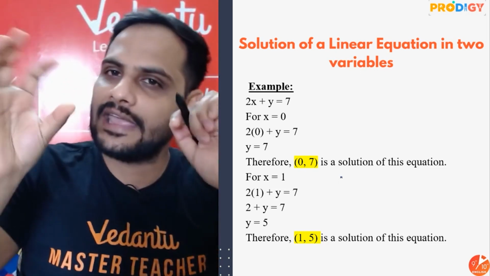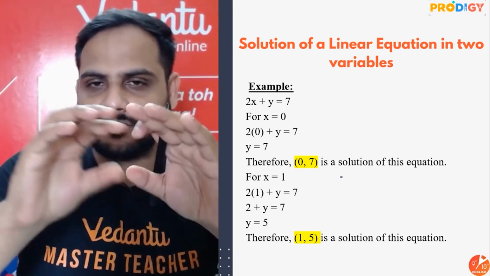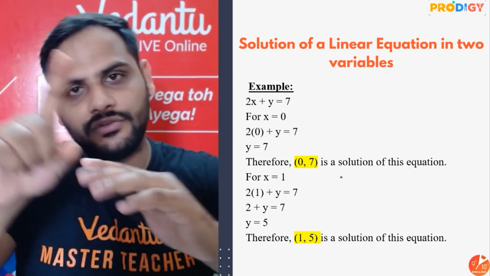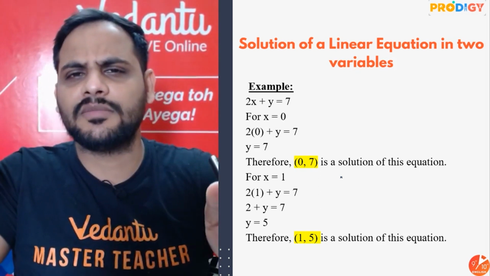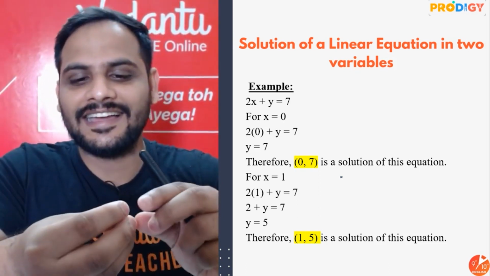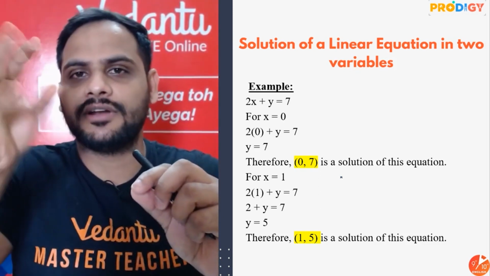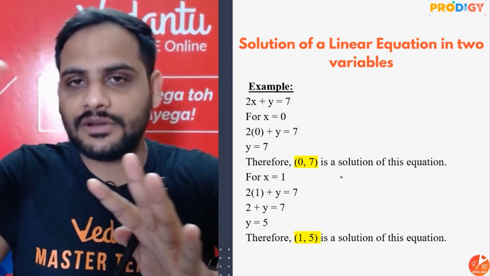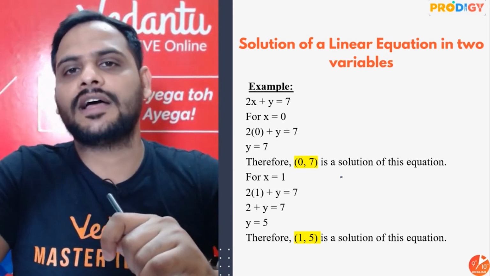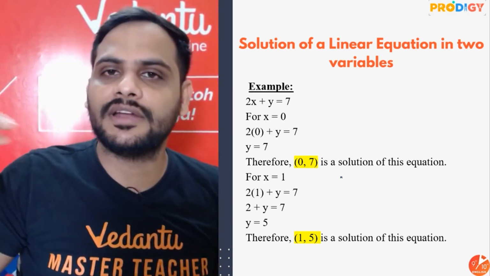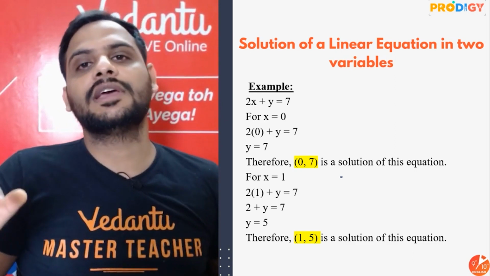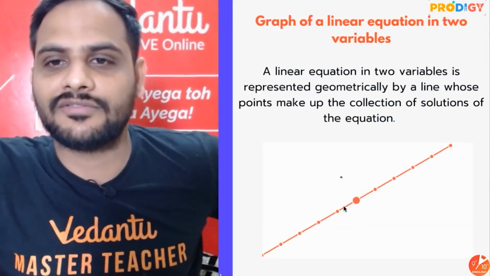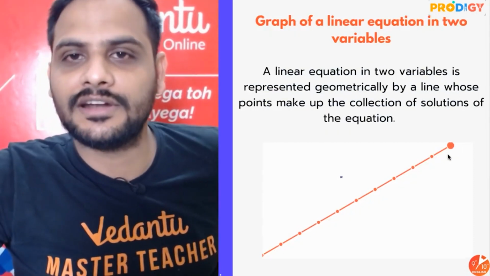We start with any one equation and choose any one variable. You can choose variable x or variable y, whichever you like the most. Then put any value for it, 1, 2, 3, minus 1, minus 2, anything. Put that value in the equation and get the answer for the next variable. So this is how you can find it. You can assume infinite values, so there will be infinite solutions, and the best thing about it is that all those infinite solutions are present in a straight line.